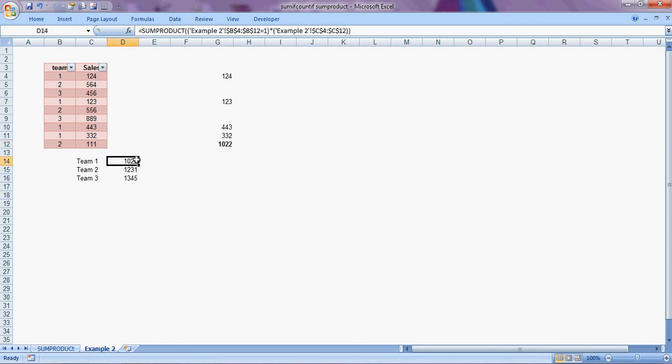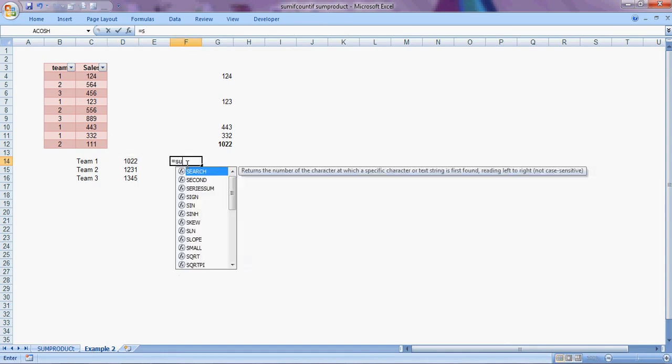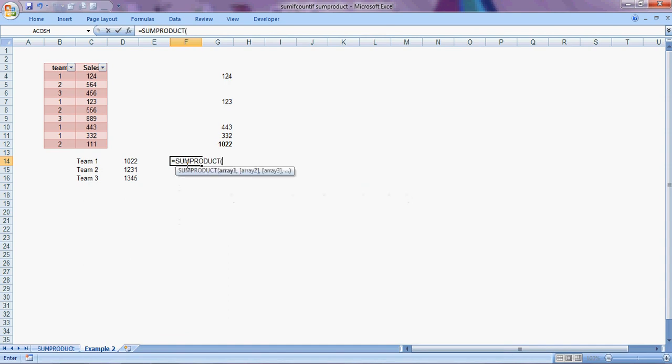We've already done it over here, but I'll show you again how to write the formula. Equal to SUMPRODUCT, select the full range and make it absolute. This is the range for the team. Then do equal to 1, close the bracket, into sales.